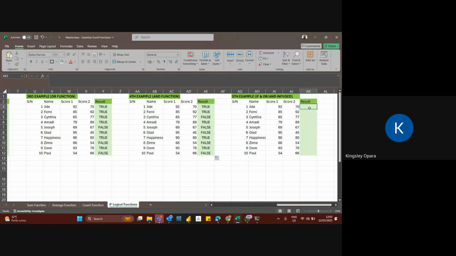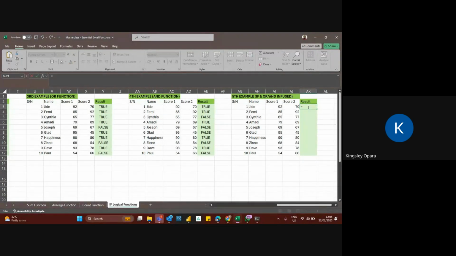So I told you that your OR and your AND function are standalone functions that will only test your logic and give a default response of true or false. But now what if I don't want to see true or false? I want a definite, defined, actionable response to that result. Now that is where you need to bring in your IF function. So let's see how that goes.